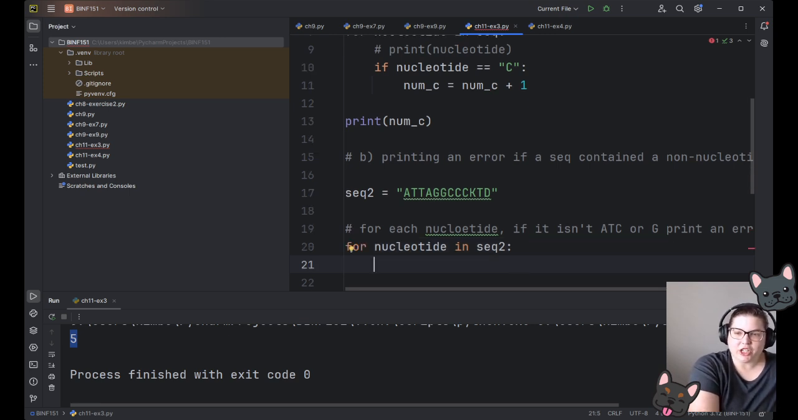And then we want to check to see if nucleotide is not equal to A, or nucleotide not equal, etc., etc. This is quite long. I'm going to teach you a trick. You can do it this other way. That's completely fine. Another thing we can do is use that in command that we had up here